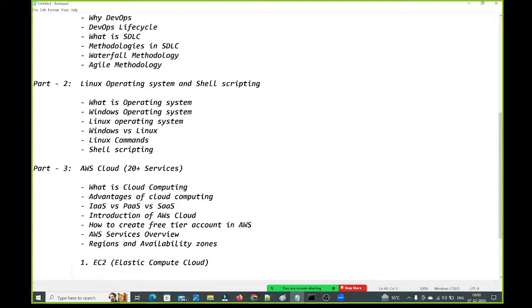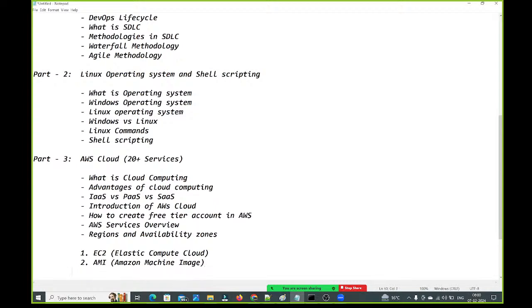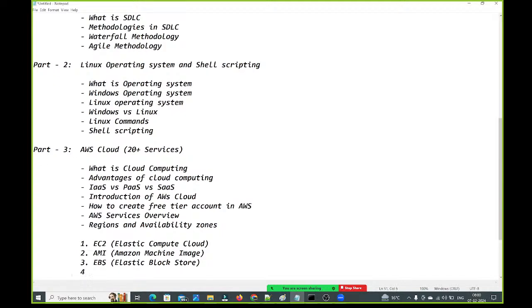Then I'm going to talk about AMIs. AMI stands for Amazon Machine Image. Next we will talk about EBS. EBS stands for Elastic Block Store. Next we will talk about ELB.